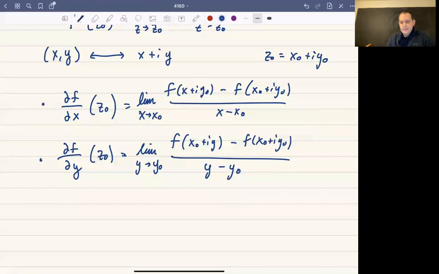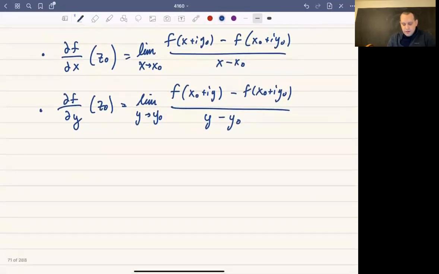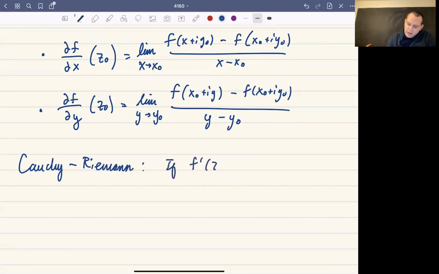That's what they mean. Now, what the Cauchy-Riemann equations do is they tell you that there's a relationship between these two. The Cauchy-Riemann equations tell you that if f prime of z naught exists, and I should say I need a few other criteria here, but if f prime exists on an open set G,